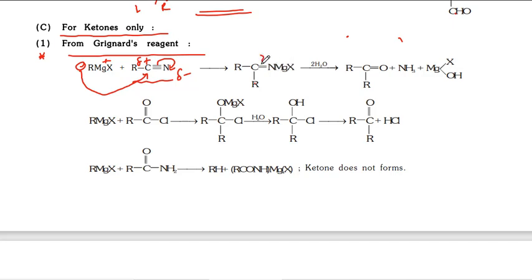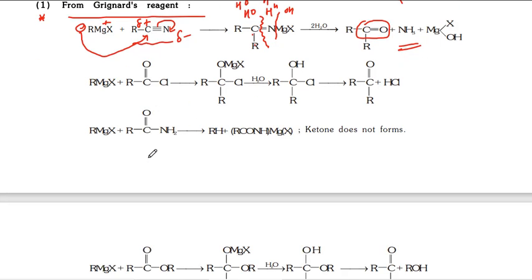Then we do hydrolysis. H2O is there, which means hydrolysis. Obviously H will come here, OH will come here. Two times H will come here, OH will come here. Okay, so 2 hydroxy groups on the same carbon means it forms a carbonyl group. Furthermore, this cleavage is there, one more hydrolysis here. This is the H and this is the OH. Total, the middle one is becoming NH3, here MgX OH. Next, you can take any one example here.